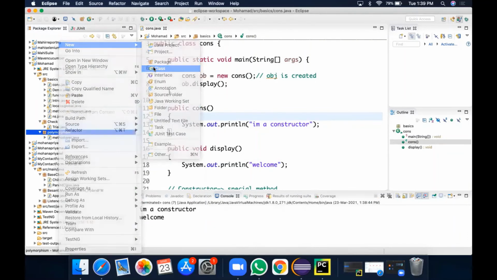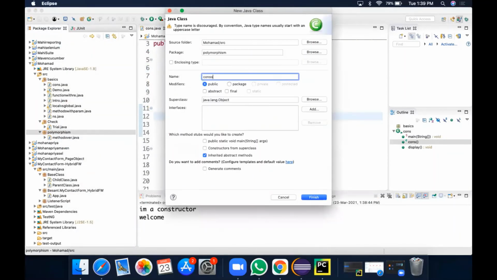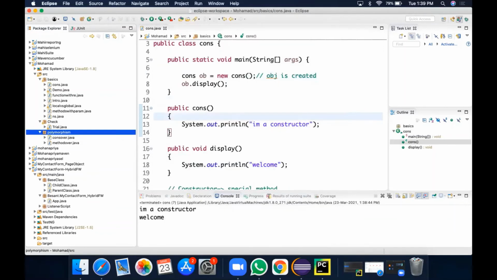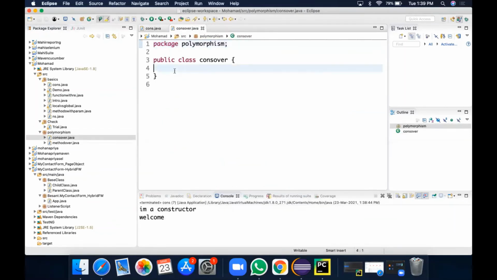It's clear, ma'am. Do you have notes for all these topics, ma'am? Do you have any separate notes? I'll forward you some materials. I have plenty of Java materials, PDFs and all, that I have downloaded from the net. I'll forward that. For the theory part, don't worry. Once we finish this Java part, I'll send everything.